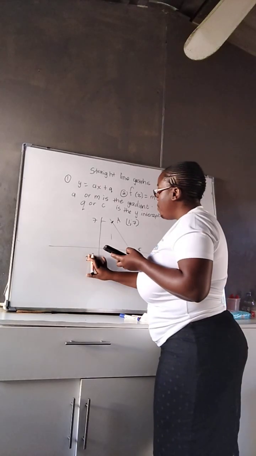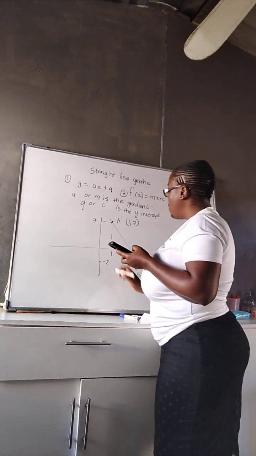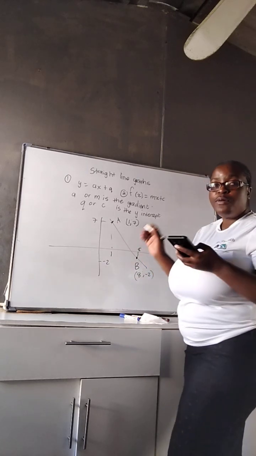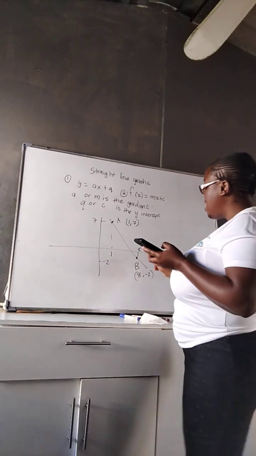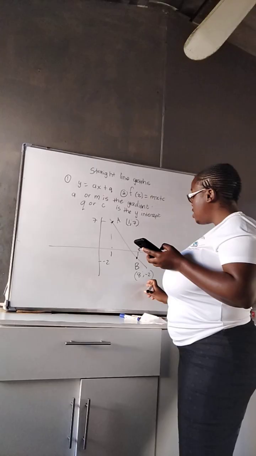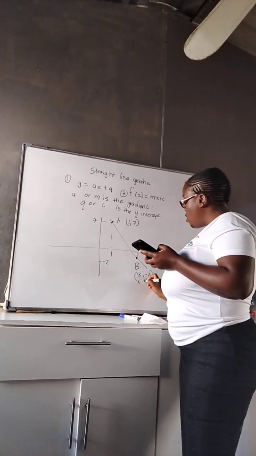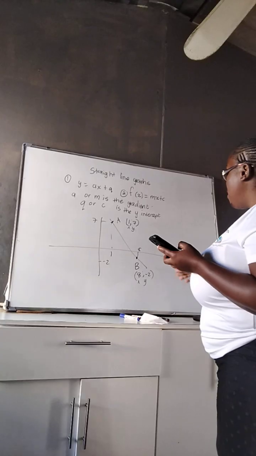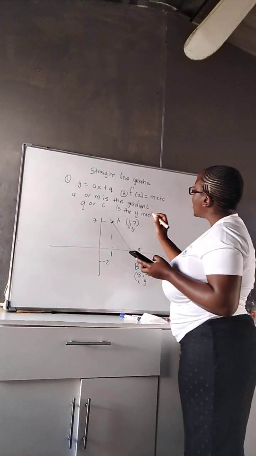So remember, we always start from the x-axis. When you are stating a point, you always start with the x-axis and then the y-axis. Always x and y, right? So for you to get the gradient,